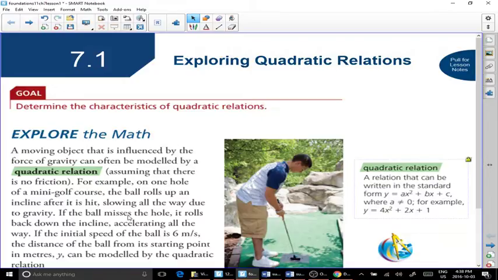One of the very important things at the beginning of section 7.1 in your book is that